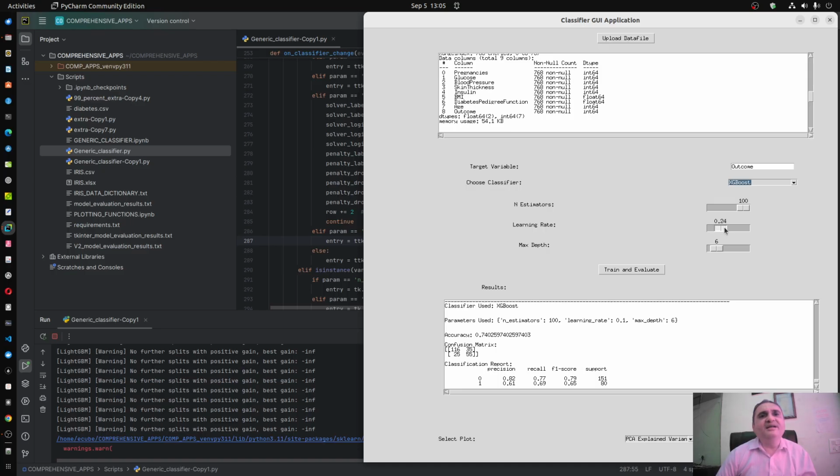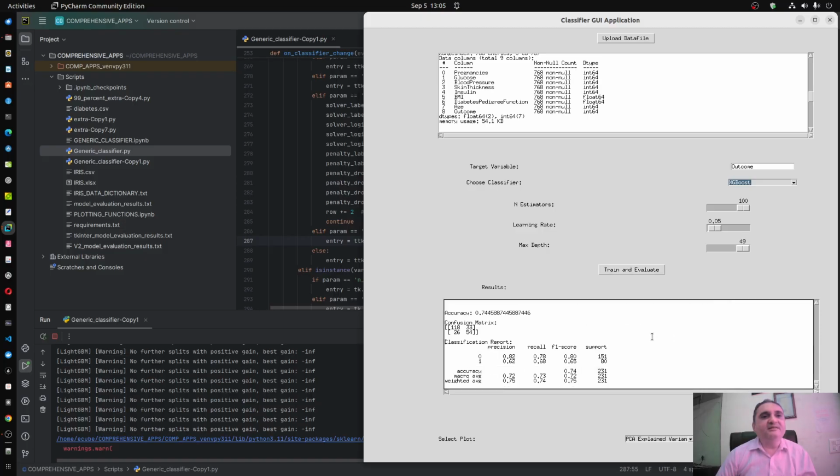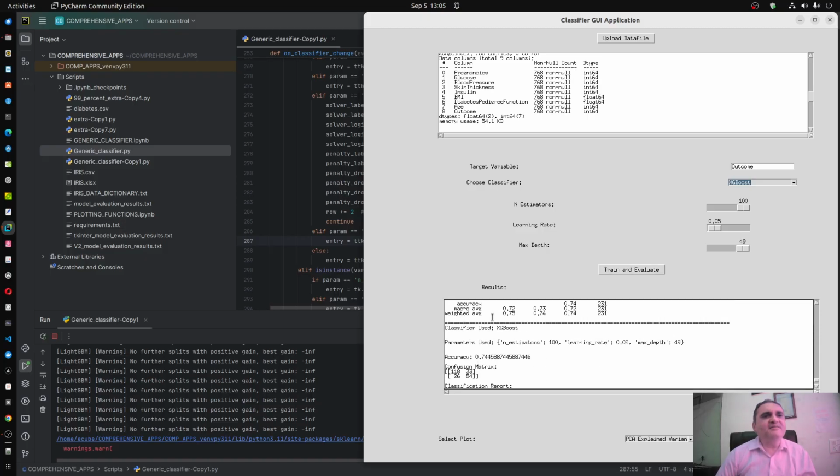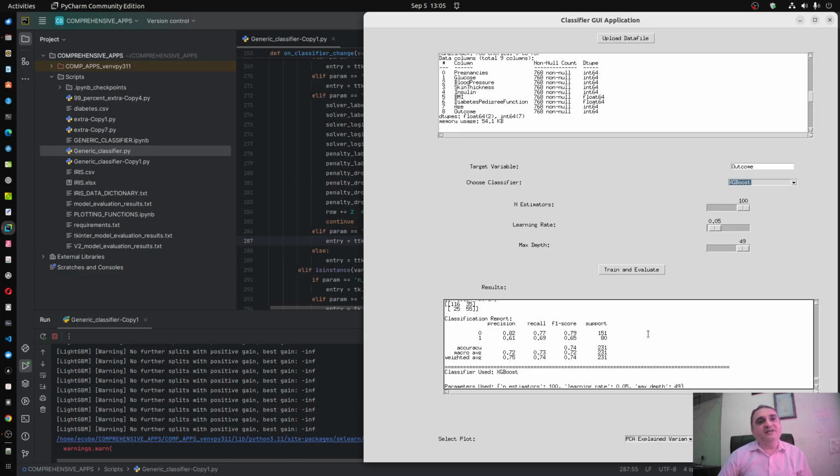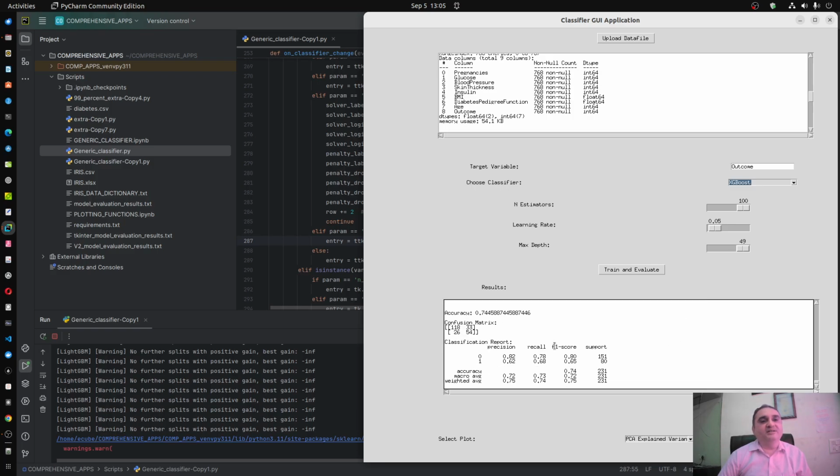Maybe I increase the depth and reduce the learning rate to 0.05, then I do train and evaluate. This time it is 0.7445. So this way you can try n number of combinations and permutations, and you can tune your algorithm quickly.